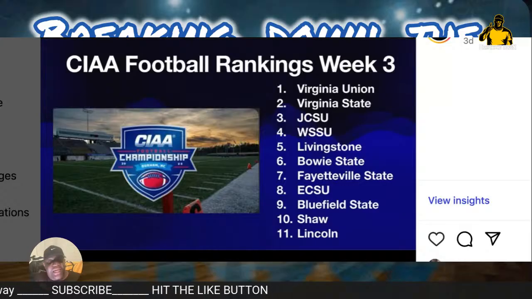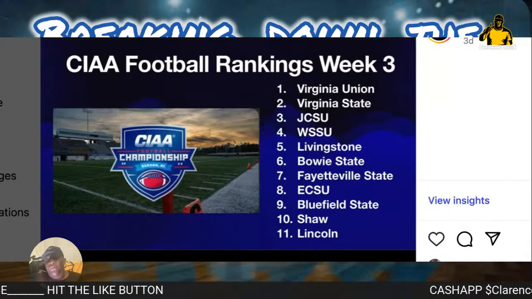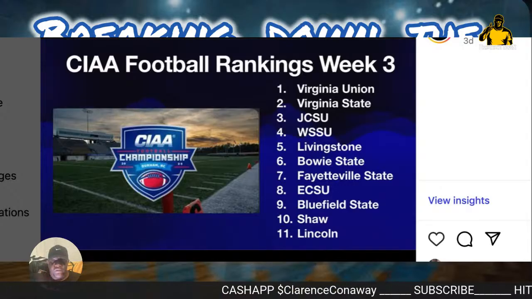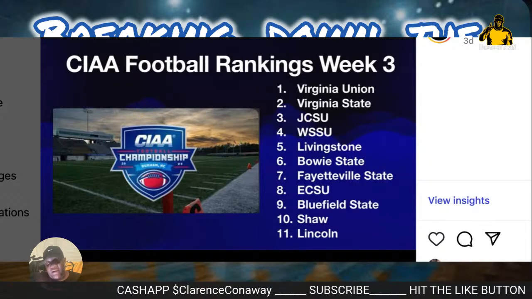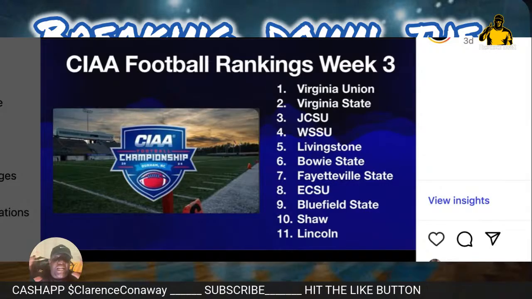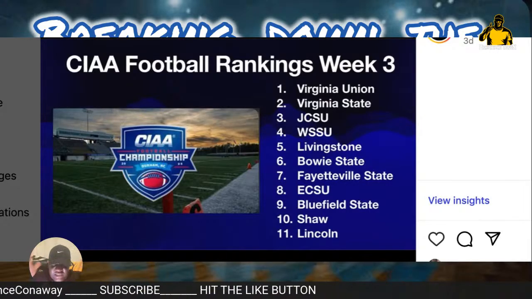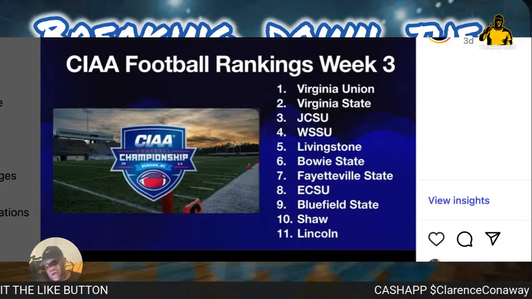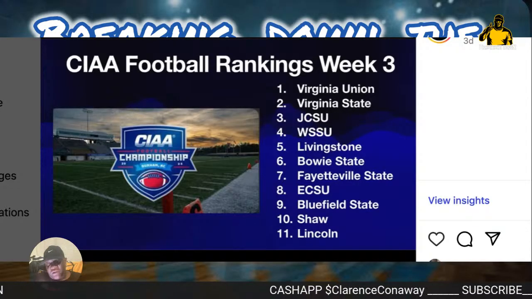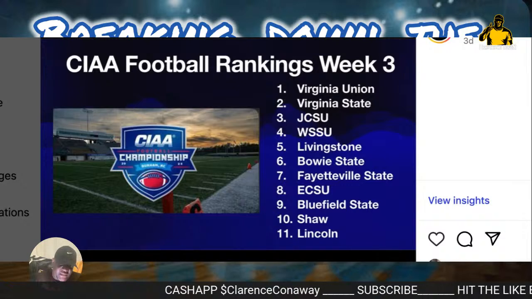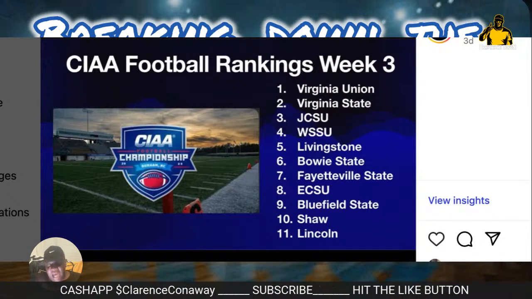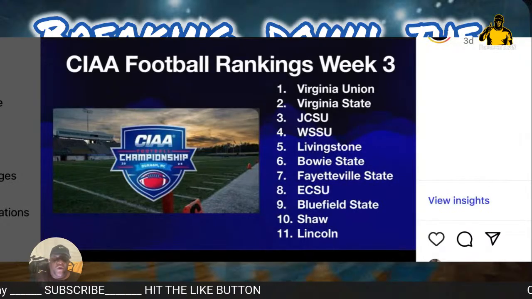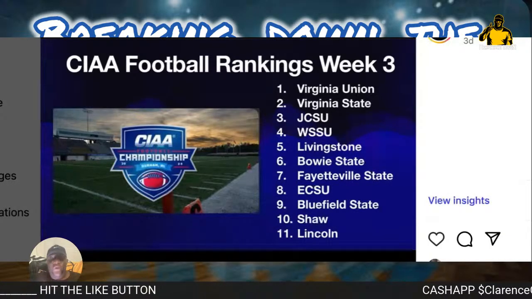Fayetteville State finally gets in the win column, blows out ECSU. They're 7. ECSU does not have a win, but once again, these are not the standings. These are just rankings based on what I've seen. And yes, Shaw and Bluefield State have wins. ECSU does not. But I do have ECSU over Bluefield State and over Shaw because of who they beat, number 1,